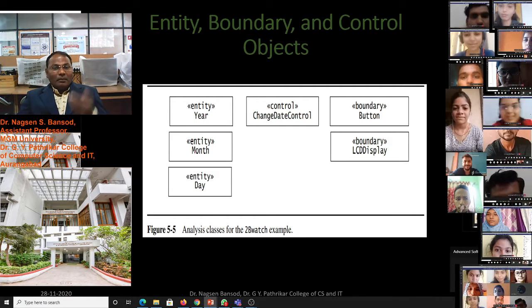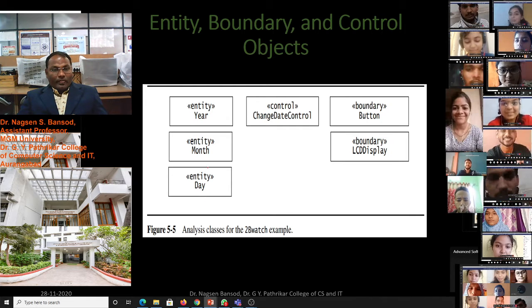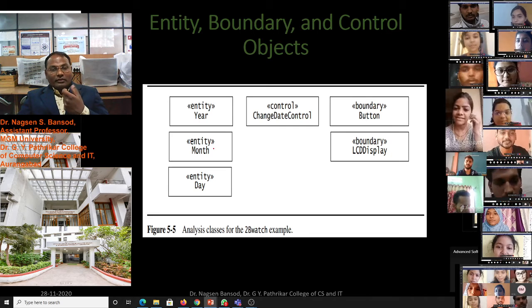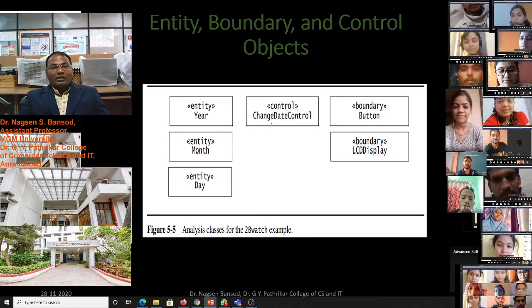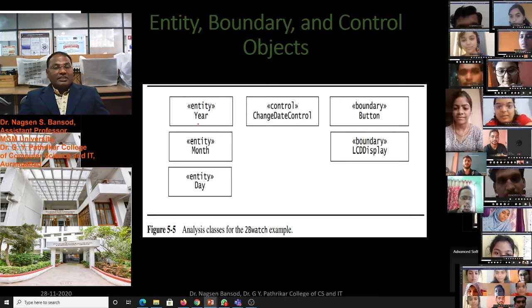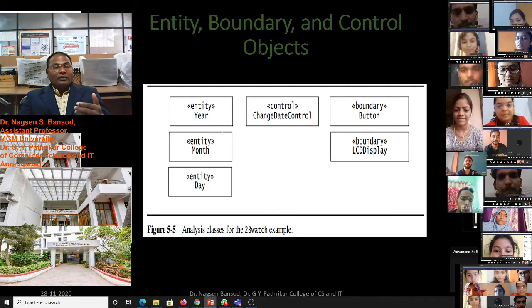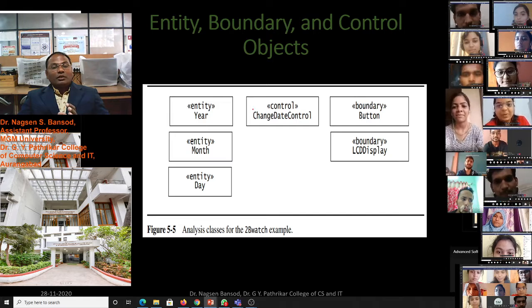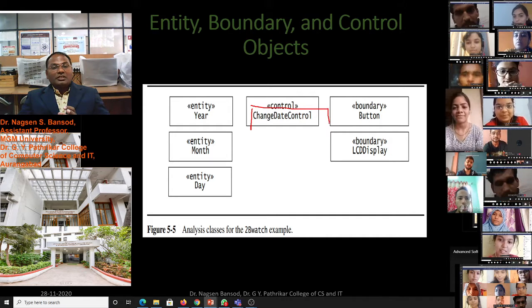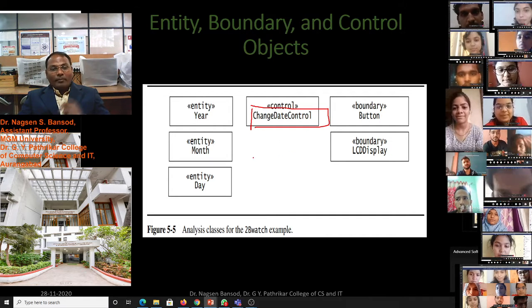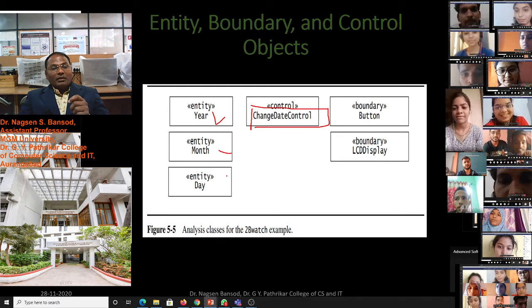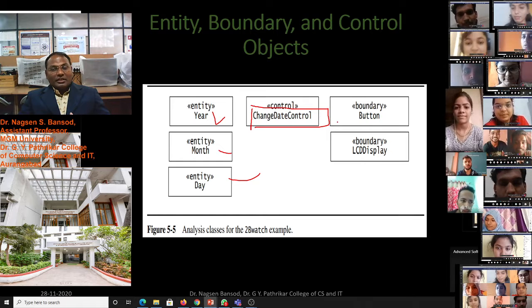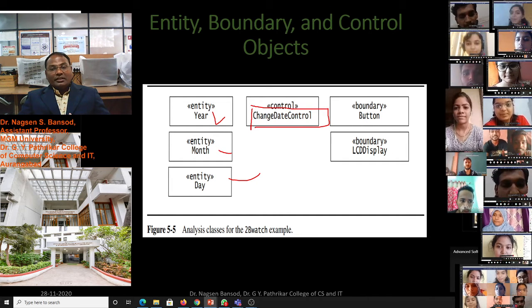These are extended with a stereotype for this purpose. And control: how will we change this month, year or date? With the control object. The change date control is the object to change the year, month and time. The boundaries of this control, change date, and all these entities.